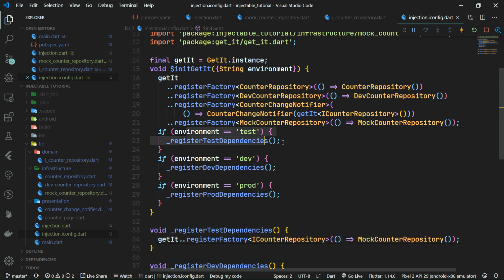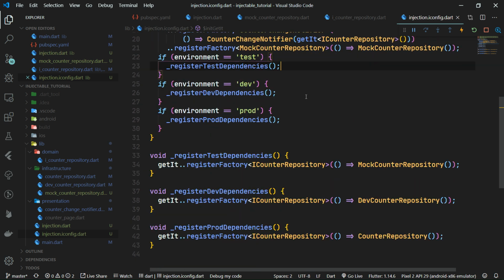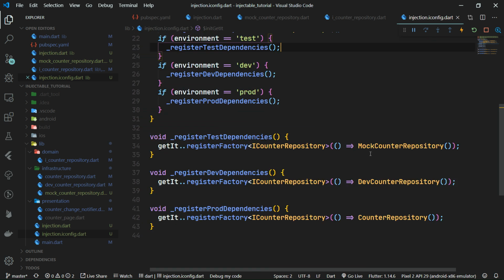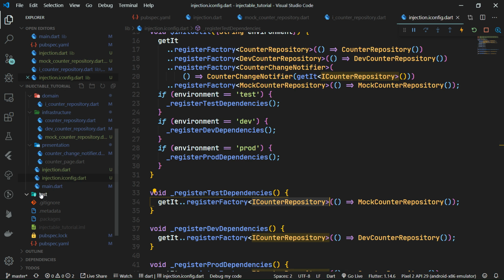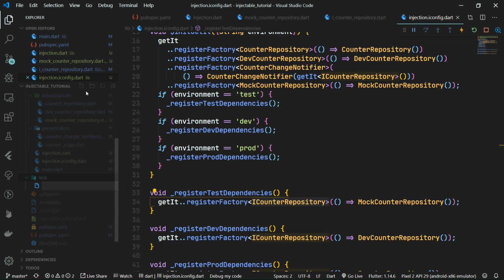The test environment has just been added, and as with all of the other environments, it has registered the mock counter repository to be gotten whenever we request counter repository. And this is very, very cool, because now we can go to our test folder, create, for example, an example